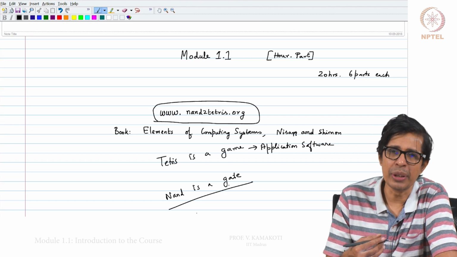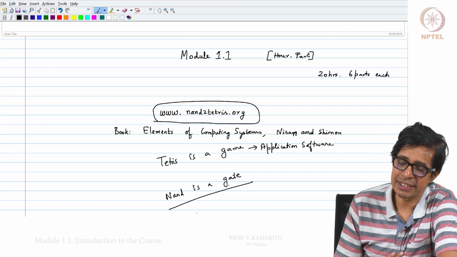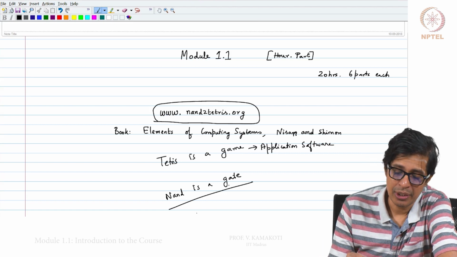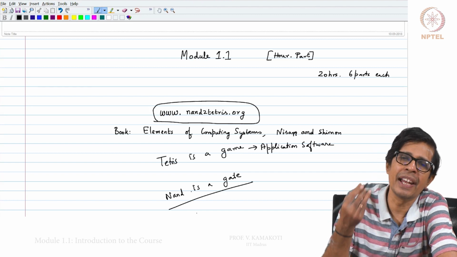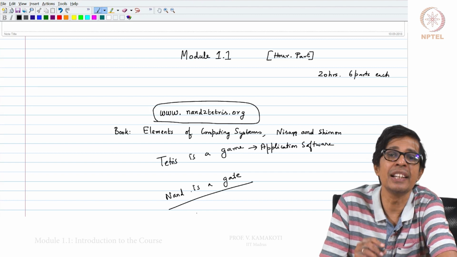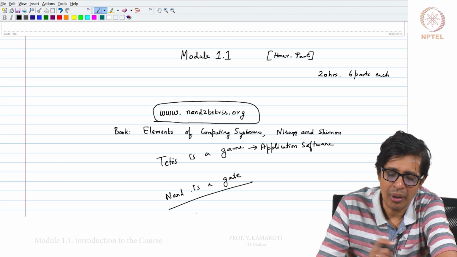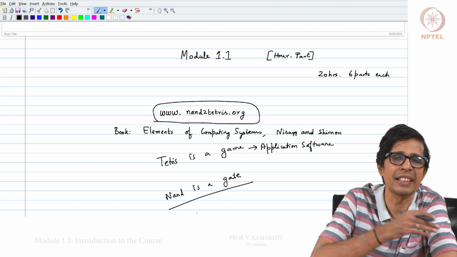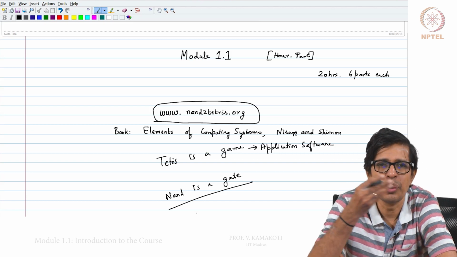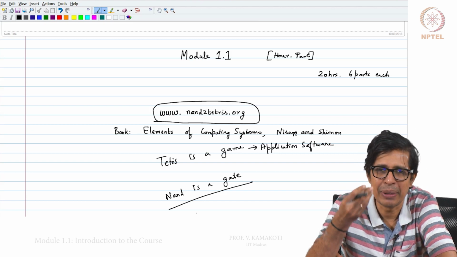Now, what we will be doing in this course in 20 hours, we attempt to use a NAND gate and build an entire computer and the related software on which you can execute Tetris, you can play the Tetris game. So you use a NAND gate, which is the basic gate.